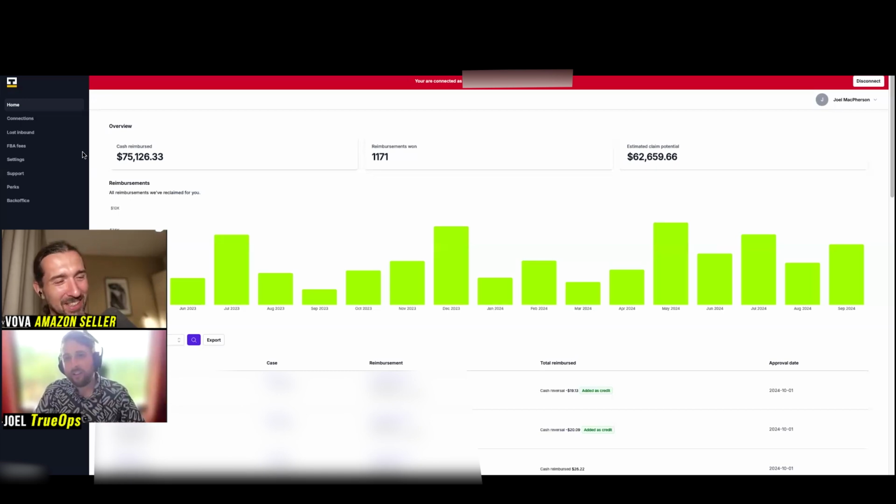Especially if you are using a VA, it can be an added peace of mind benefit. If they decide that a picture of a truck is a good proof of delivery, we're going to send it back and say, hey, this is not a proof of delivery. This is what an actual proof of delivery is. And that is protecting your account health. People might not necessarily take it that seriously, but